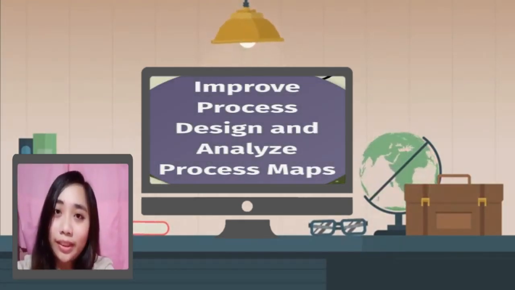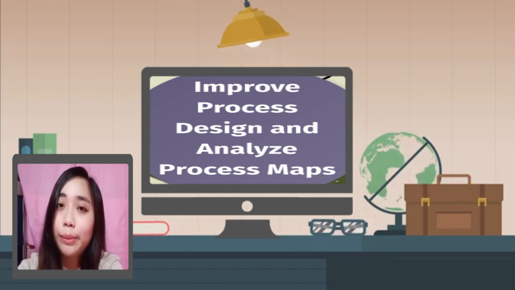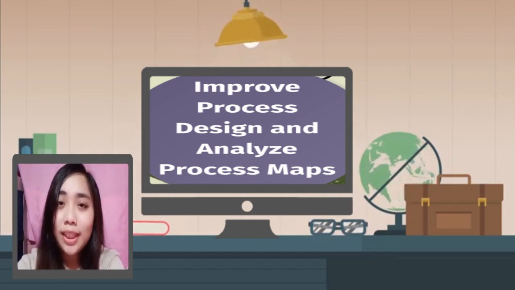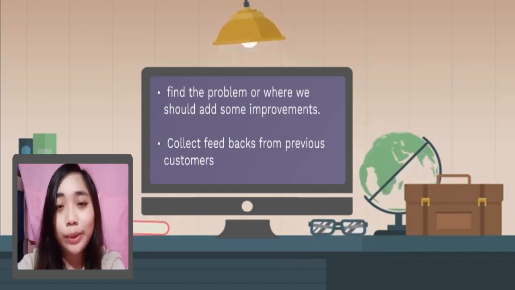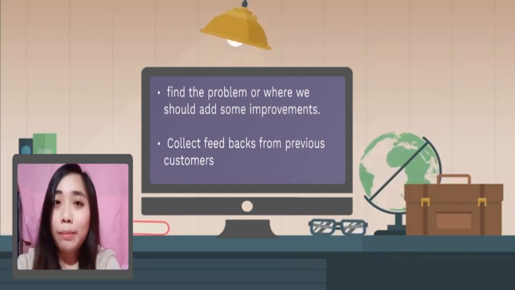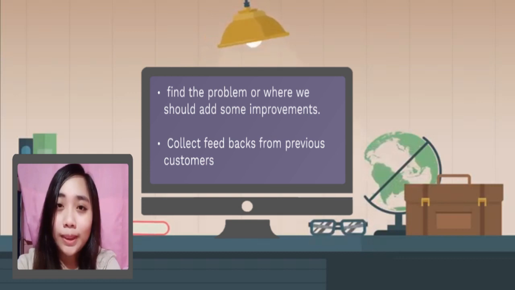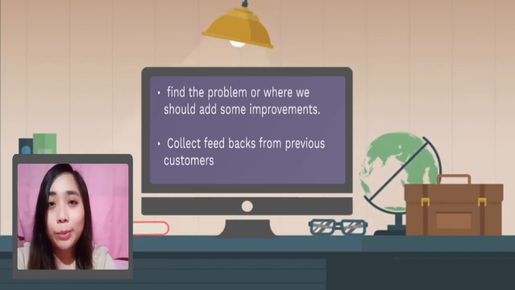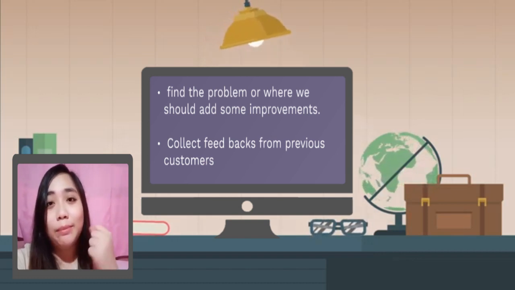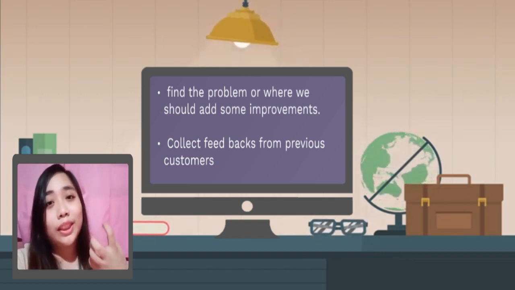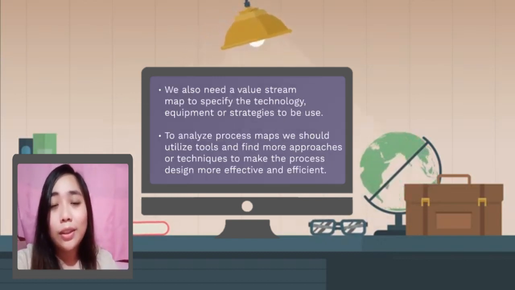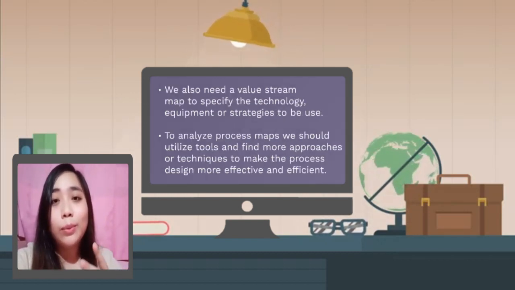One of our objectives in this topic is knowing how to improve process designs and analyze process maps. In improving process designs, we need to identify our problem, or which part of the process design needs to be improved. Feedback from customers is also important since we can base their opinions or suggestions on improving our process designs. Also, after doing it, we need to do